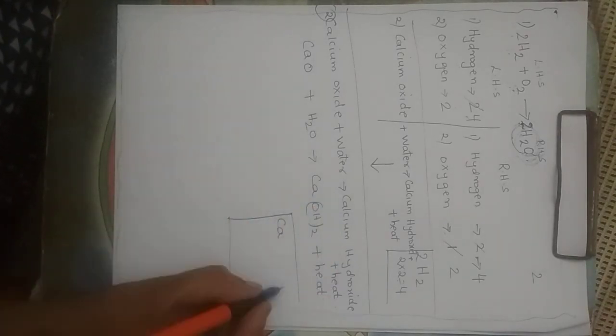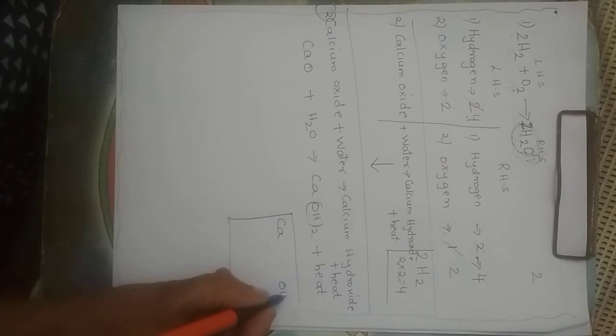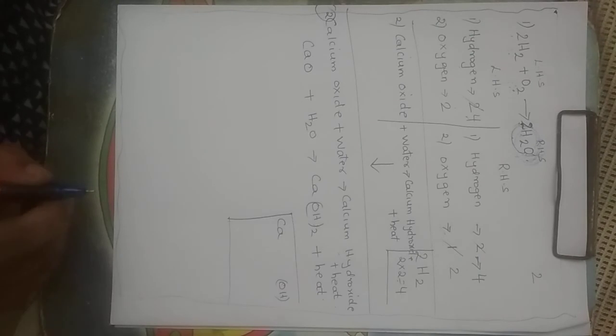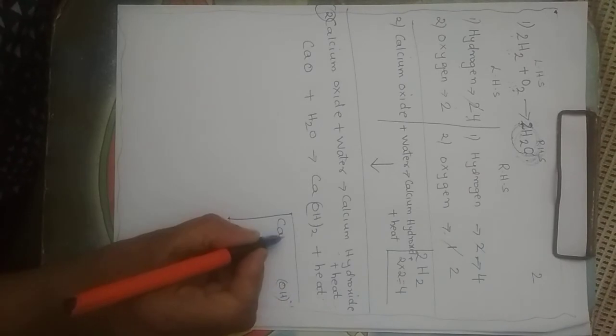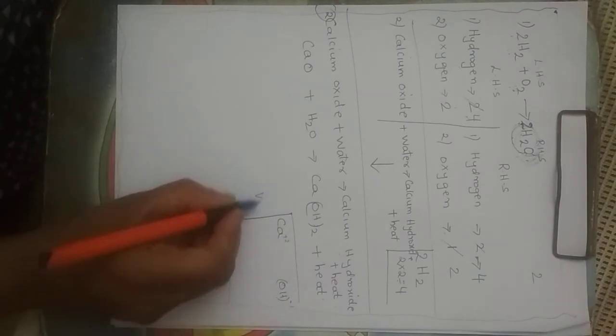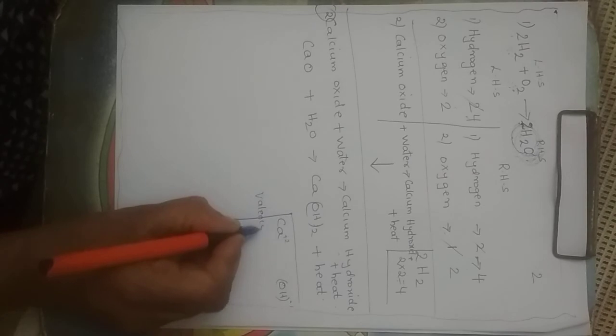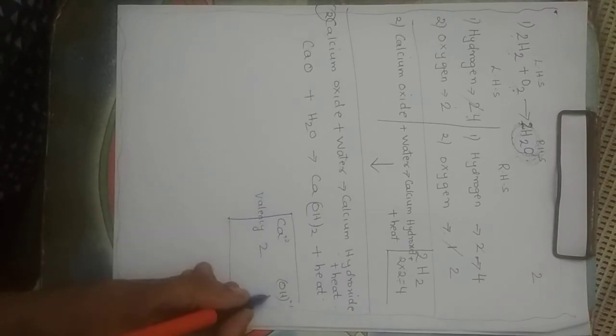Now see here one more thing. Hydroxide is OH. We have to know the valency of that ion. We had learnt polyatomic ions, a group of ions together, so we have to know the ions like this. When we write the valency, this is 2 and this is 1. Then what did we do? Exchange.